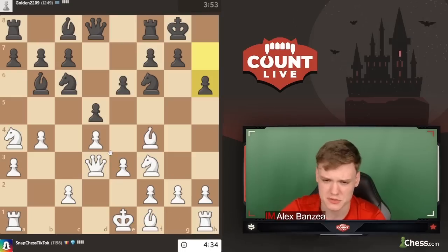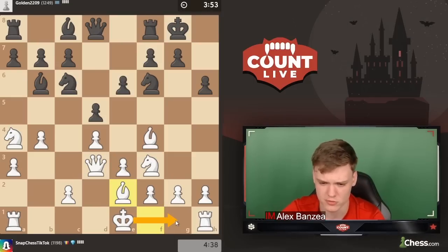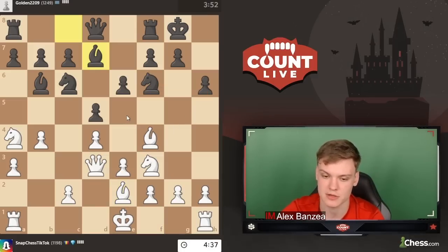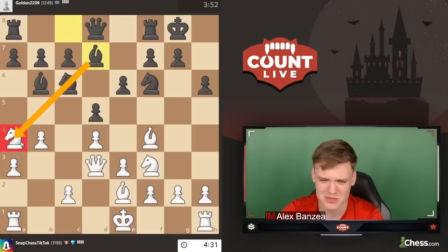Okay, so he does go h6, which does not really concern me that much. I think I can just castle, and if he plays knight h5, which could be the idea, we have a choice between either bishop e5 and bishop g3. So now bishop d7, keeping an eye on this knight. It feels like a bit loose. It kind of makes me want to take on